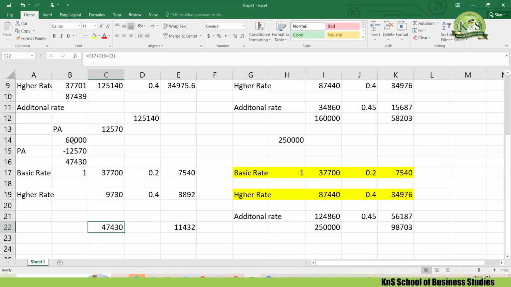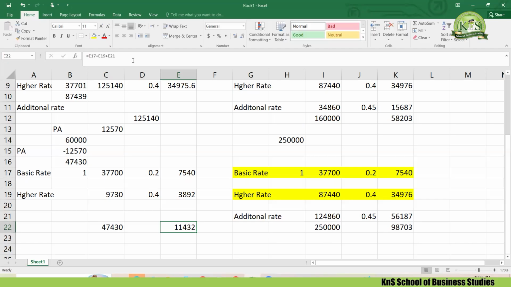Do the same working for 70,000 and tell me the answer. First, you can copy this, and then you just need to change the figure. It should not take that long, but for practice, all the timing is allowed. Whatever answer comes up, just give me that answer, and we'll see whether you have done it correctly or not. The figure is 70,000.